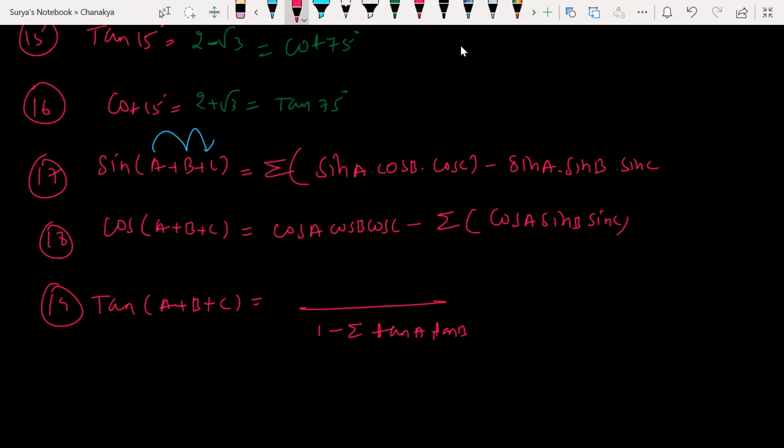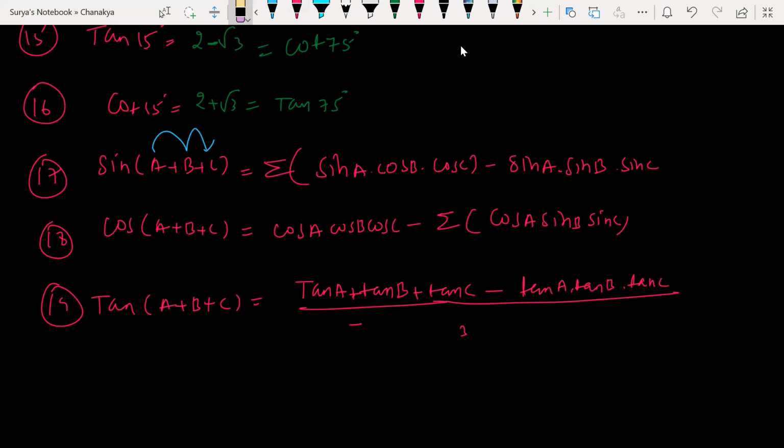Let me write. It is minus only. Look at this: tan A plus tan B plus tan C minus tan A into tan B into tan C. All right, this is what you can write. And in the denominator, 1 minus tan A tan B